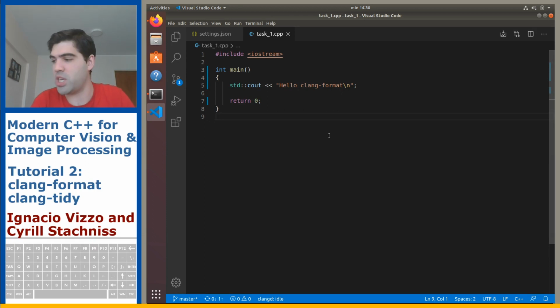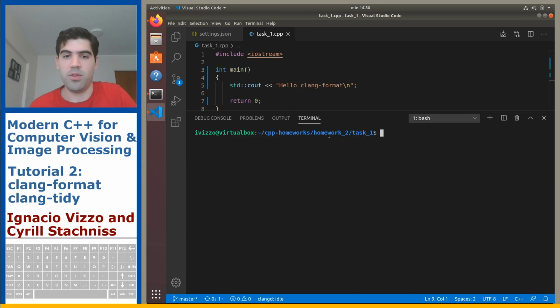So if you change clang-format, then you can pick virtually any style you want. I will not complain if you pick an ugly style, just do whatever you want. I will only complain if there is an error on the style you pick. So that's one thing. The other thing is, let's